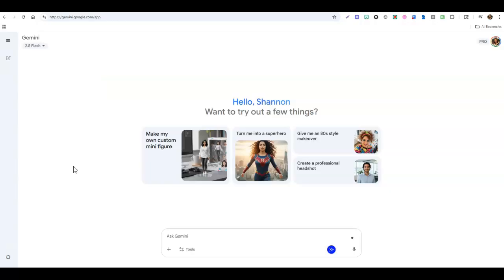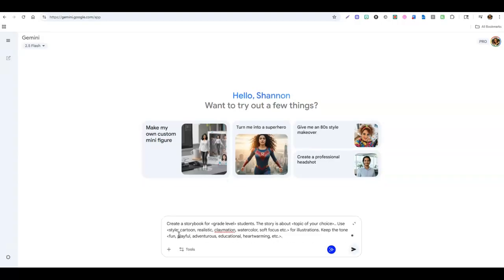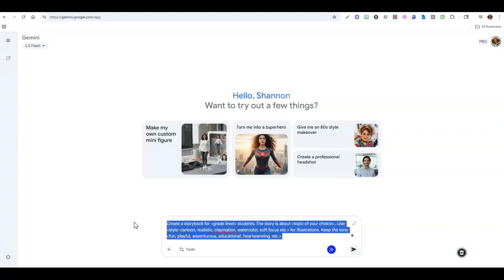Okay, now as you can see here, I'm at Gemini, and we can go ahead and just take a prompt and put it directly inside of Ask Gemini. I have a prompt here, and I'll put this in the description area underneath this video, but this is just a basic prompt to create a storybook. Again, we could put it here. Most of the time, it'll actually pick it up and create the storybook, but I am going to recommend that